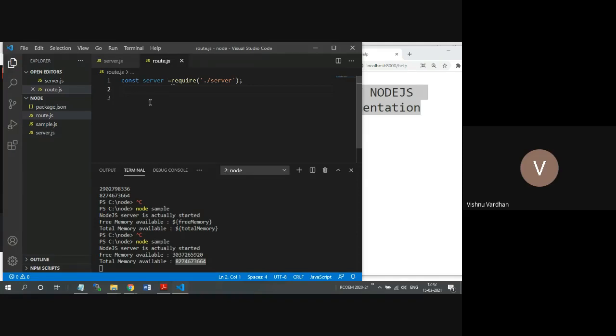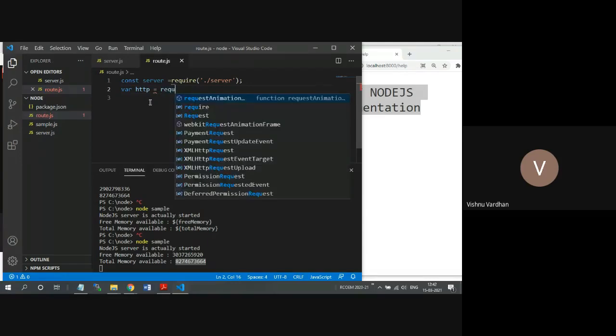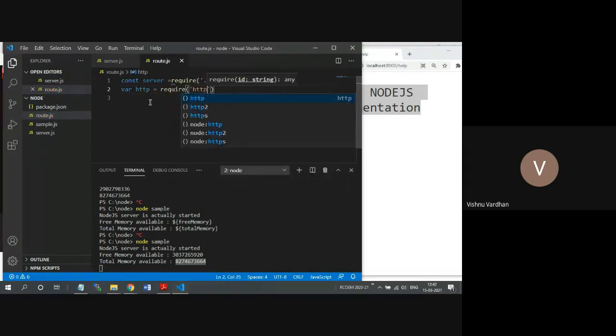package that I want to have in my current project is HTTP. So how to import this? Simply call that package name, HTTP. This is a default package, so you don't have to download it again. If it is giving any error, then you can download it by saying npm install http.